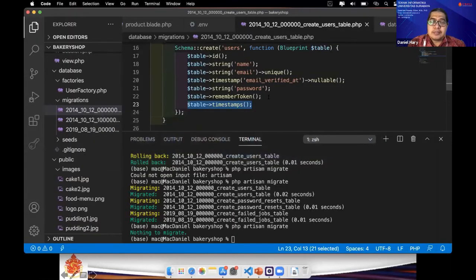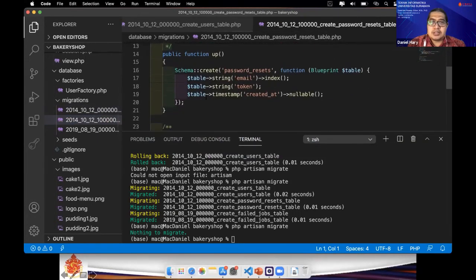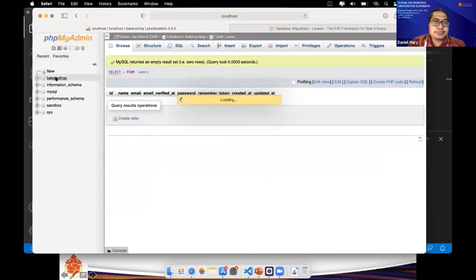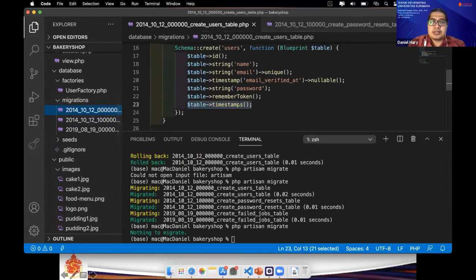Next. Okay, this one is for the users. Maybe we take a look again at the password reset. There is a string email, there is token, and there is timestamp created_at. Email, token, created_at, just three, because it does not use timestamps, right?